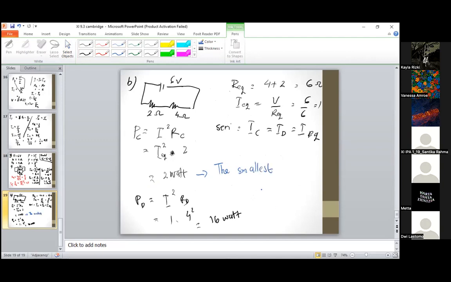Okay, any question about two numbers, number 2 and number 3? I'm so sorry because the material of your book does not explain about Kirchhoff law, but the question contains the Kirchhoff law, so I have to explain a little bit about the Kirchhoff law first, the Kirchhoff law 1, yeah.